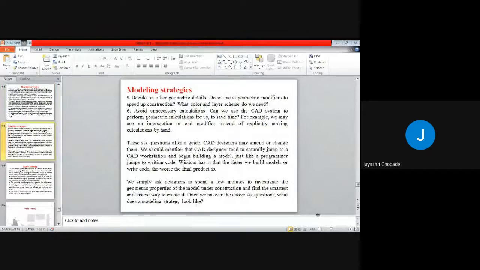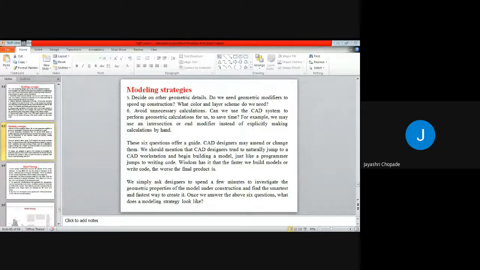Now the next one is to decide on other geometric details. Do we need geometric modifiers to speed up construction? That is also important if you want to create the model very fast or within a given time. Are there any tools so that we can modify our geometry?